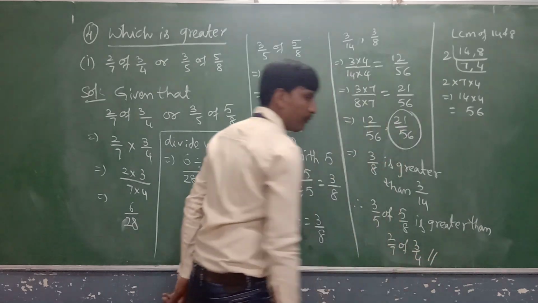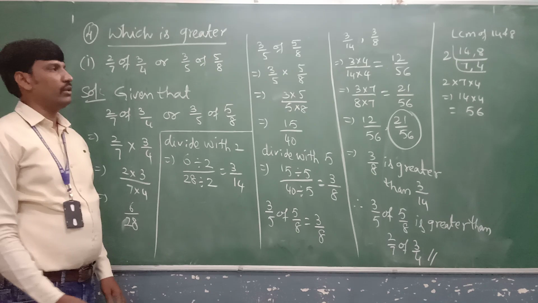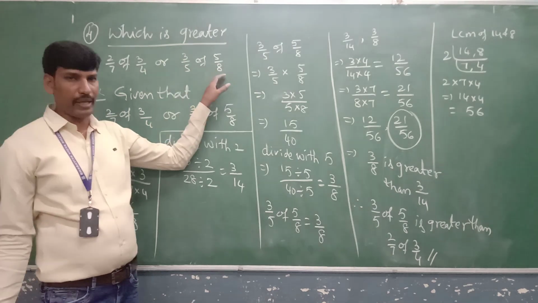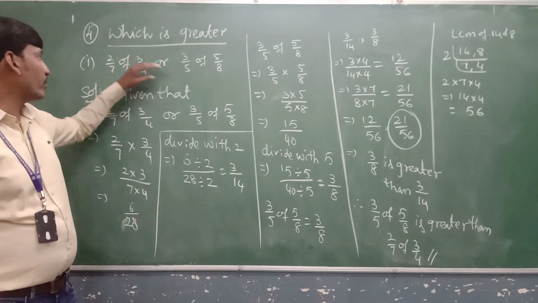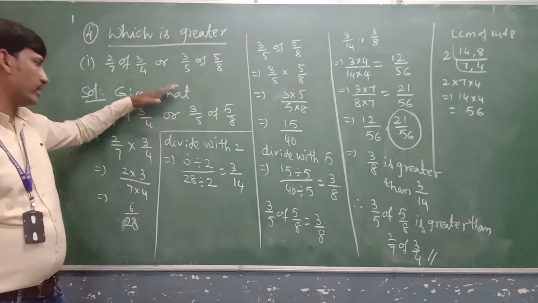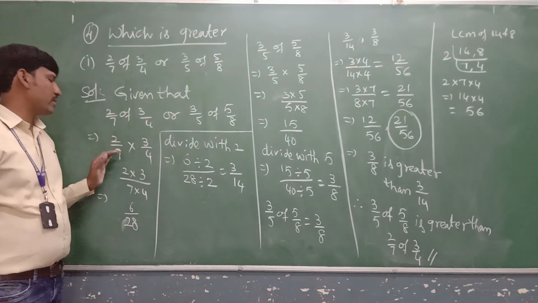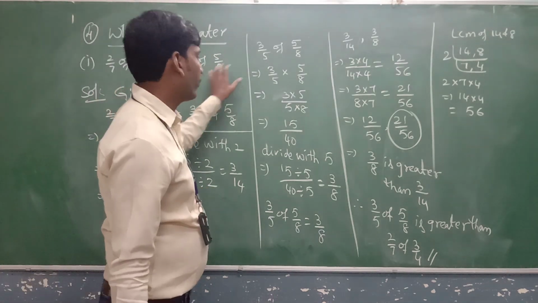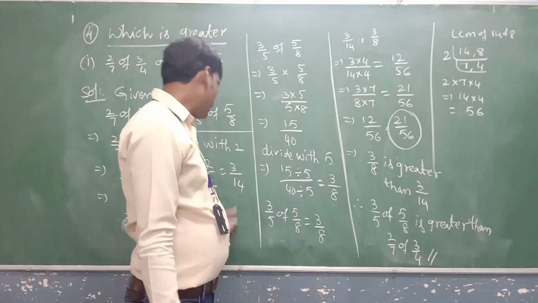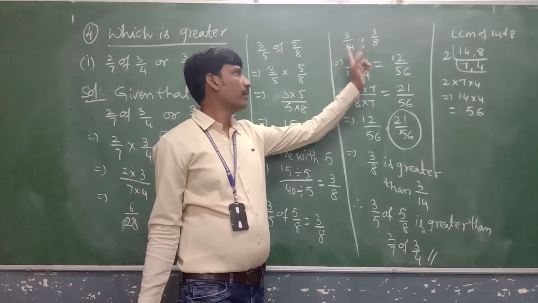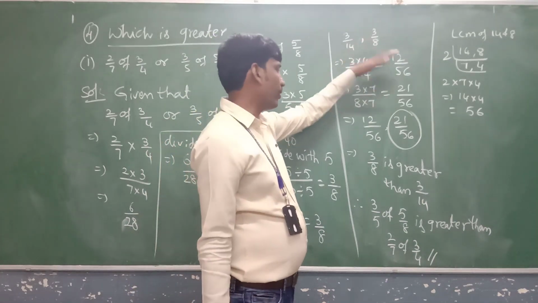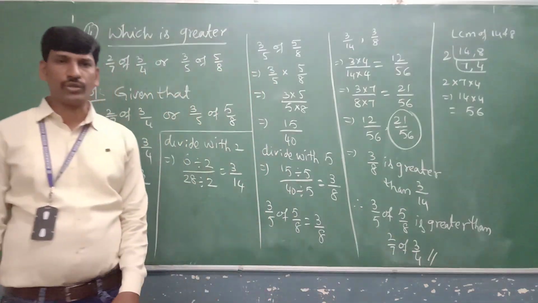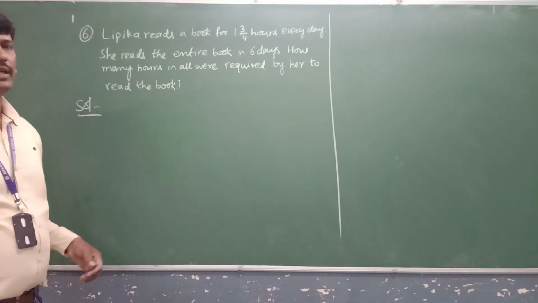I hope you understood. When you compare two fractions, should convert into like fractions. Okay? See this here. 2/7 of 3/4 or 3/5 of 5/8. This is the question. We need to compare either this or this is the greater. Now see this here. You have to find out the value of first one, 2/7 into 3/4. You will get one fraction. And as well as by multiplying 3/5 of 5/8, we will get 3/8. So here we got 3/14 and 3/8. Both are unlike fractions. By taking the LCM of both the denominators, convert into like fractions, then compare the numerators, you will get the final solution. Okay? I hope you understood that. Right, children?